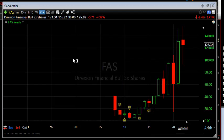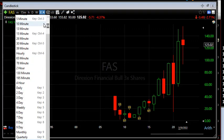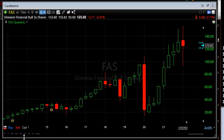If we go to FAS, 2 year to the upside but red and dead middle of this yearly range, and that's going to give you a quarter that looks like this. Look at this. How are you going to get out of that on that quarter? Big outside quarter and stuck right in the middle of it. If we go to XME,